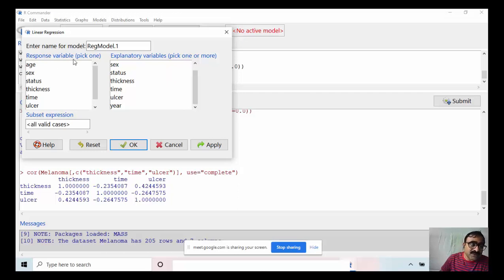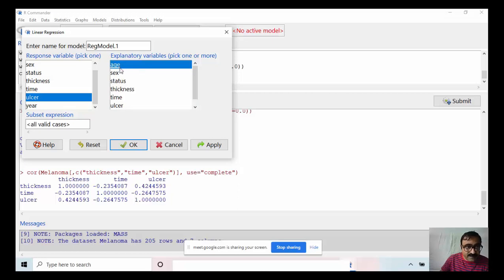Response variable, it is only one variable, that is the dependent variable. Suppose I choose here ulcer, the status of ulcer. And here for explanatory variables I can choose only one or several variables simultaneously. I choose here age, thickness, time. Then okay.